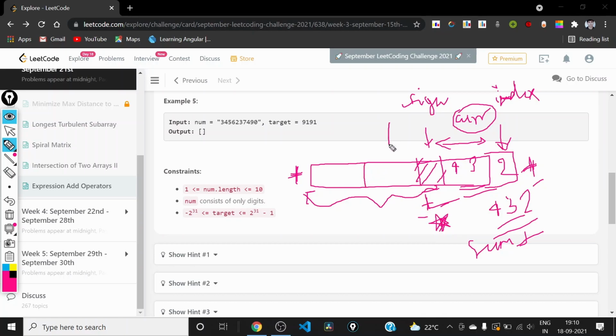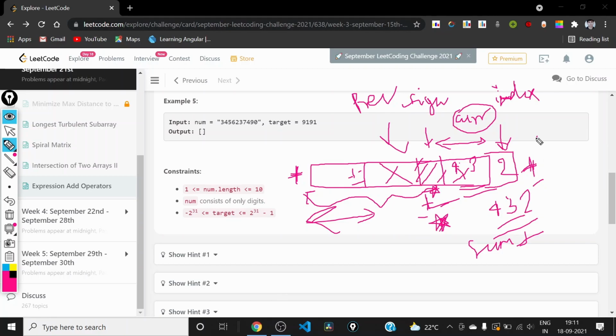And just in case this last sign was a multiplication sign, then we will also need the second last value, because if the second last sign was multiplication, then we will have to multiply these two quantities and then add or subtract this whole quantity to the sum obtained up to here to get the overall sum.